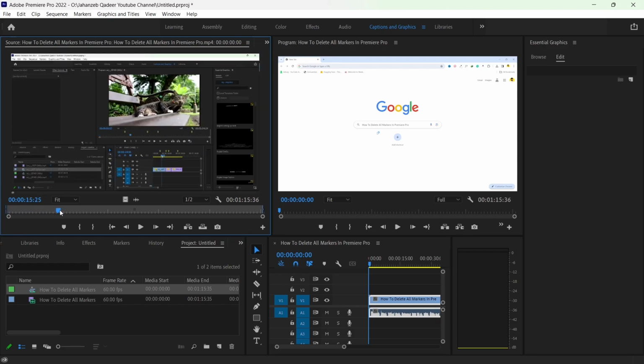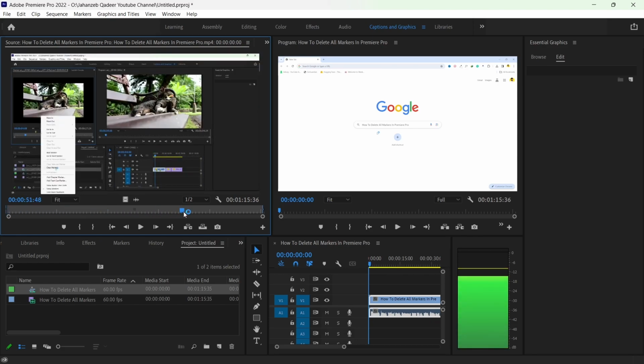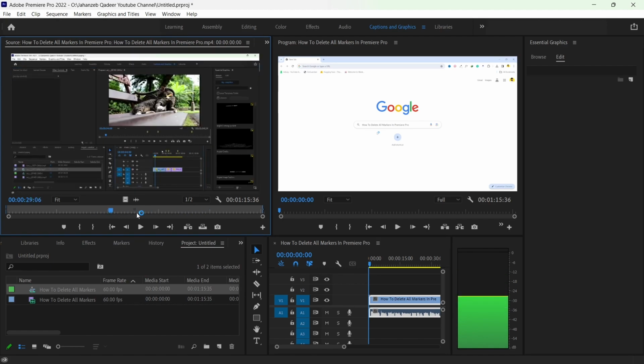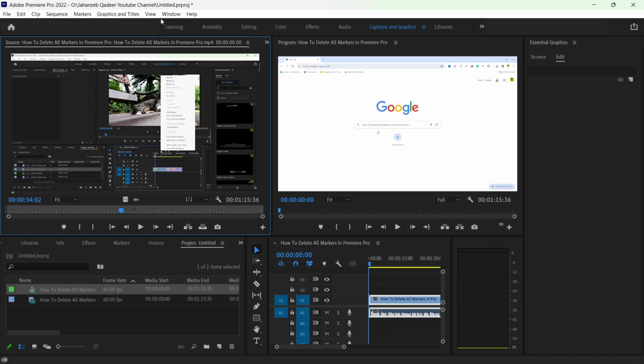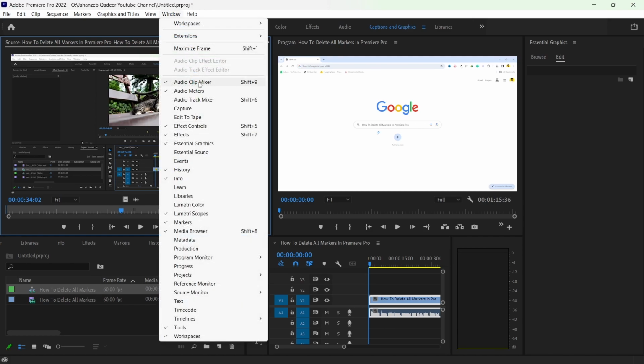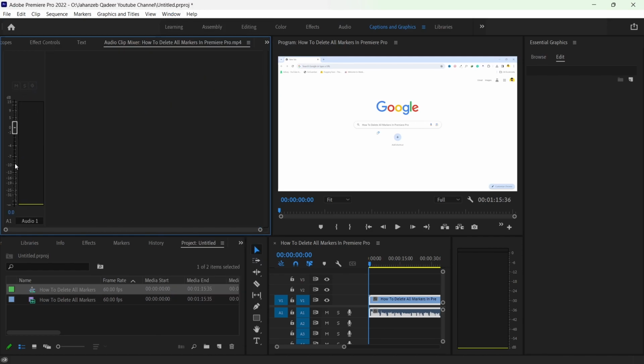So here you can see this annoying sound that you want to get rid of. So how can you get rid of this sound? You simply need to click on Windows and click on Audio Clip Mixer, and now you can see that